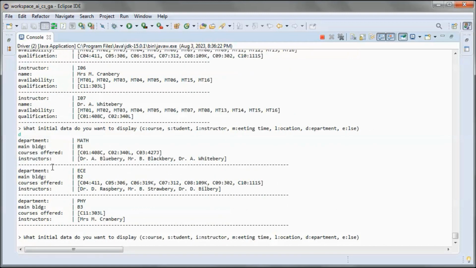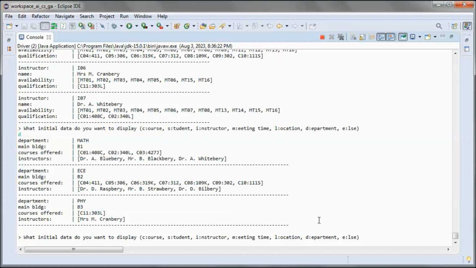So we have 3 departments. The math department is in building B1, and the electrical and computer engineering department is in building B2, and the physics department is in building B3.